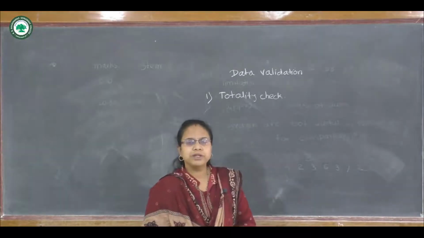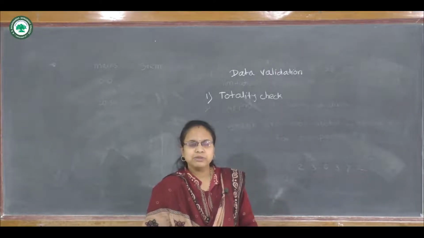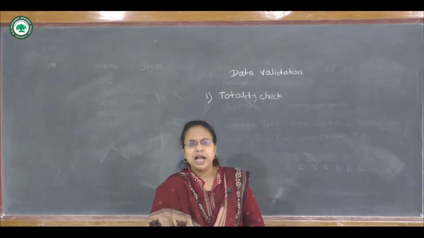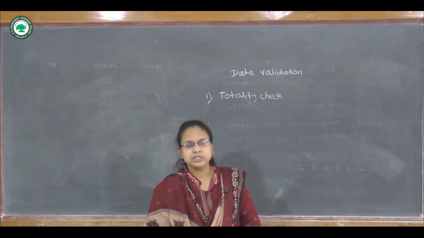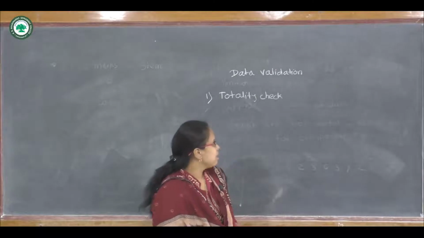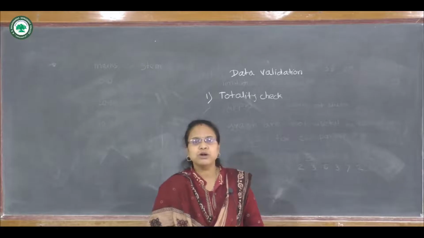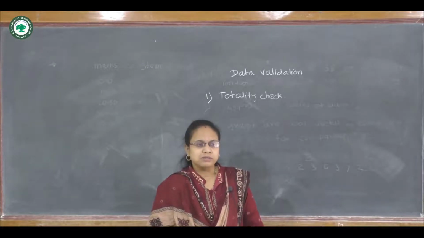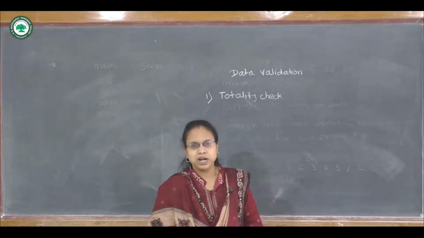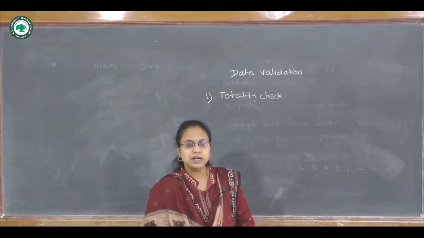And also if we look at the data, and we can see that any number is outside the actual range of the data, this may happen, then we can consider that observation as an outlier, and we have to remove that point from the given data. So the totality check means we have to actually count whether the given observations match the given number, that is, suppose 100. Suppose the observations are actually 100 or not, this should be checked. This is just an example, the number 100.